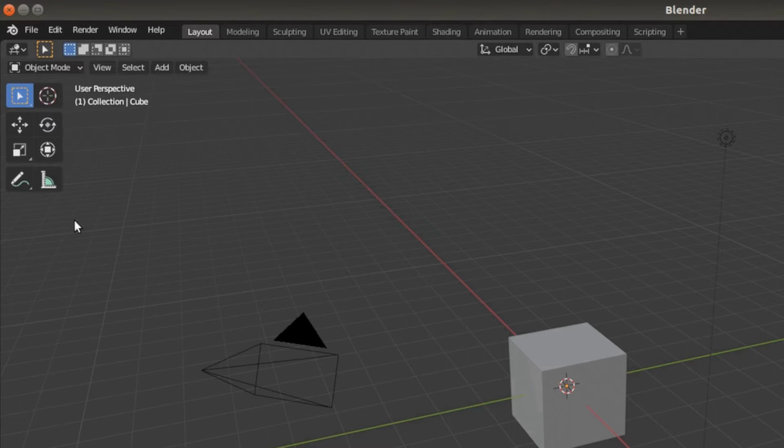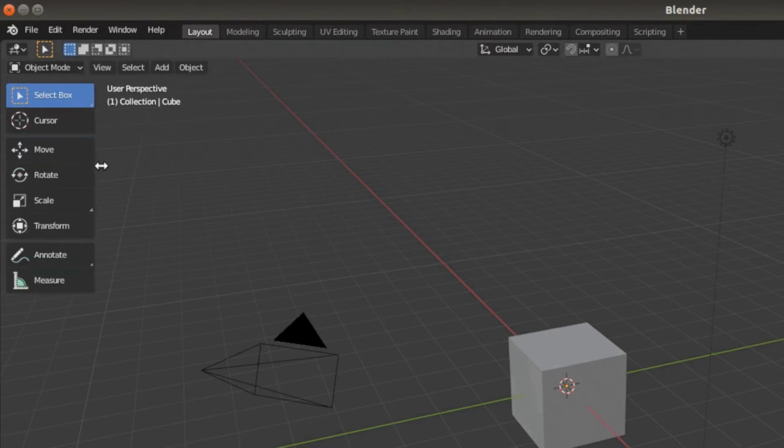If it's not clear to you when you first start what the icons mean, Blender's included an option. If you drag it further out, the icons will then have the name alongside them. And in any of the states, if you hang the mouse over one of the icons or one of the names, a tooltip will pop out and tell you the shortcut that's used to bring that